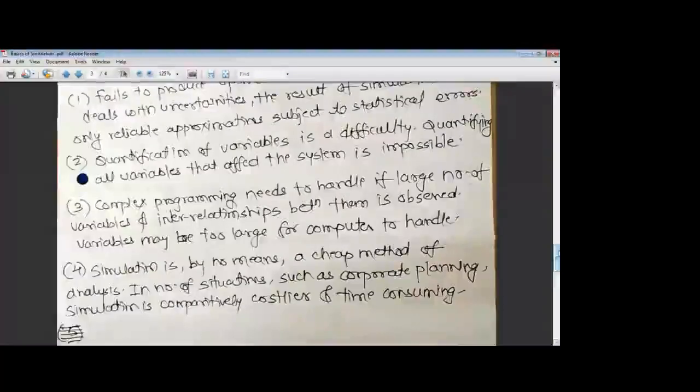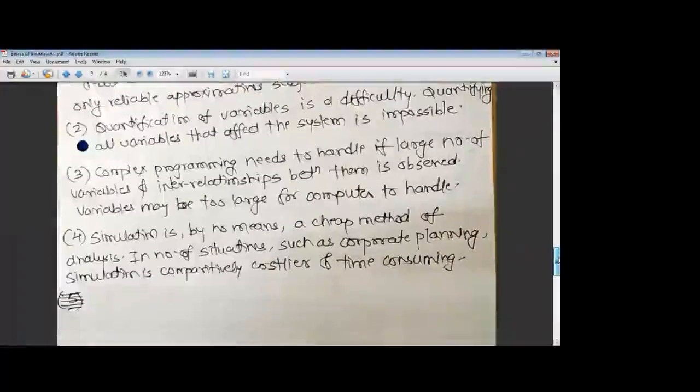So quantification of the variables is a difficulty, right? Quantifying all variables that affect the system is impossible. You will have to consider certain variables only, and not consider others, and that particularly will increase the uncertainties. Even you all will agree that quantification of all the variables is impossible. There are certain variables which are not in our hand, which can arise in a surprising manner, and because of that